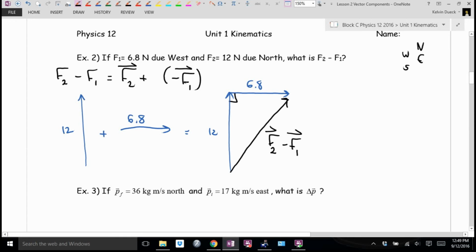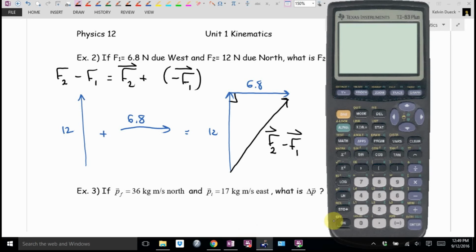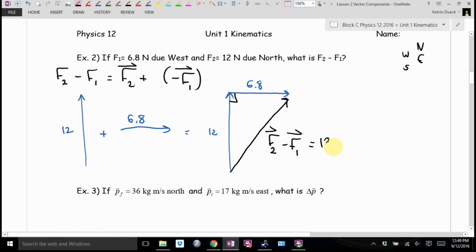In the interest of time, because I want you to have some time to work on the homework, I'm going to do the Pythagoras all at once, if that's okay. I'm going to go straight to my calculator. 12 squared plus 6.8 squared equals, square root. I get 13.7. Oh, 3 sig figs. 13.8? 13.8 newtons at,